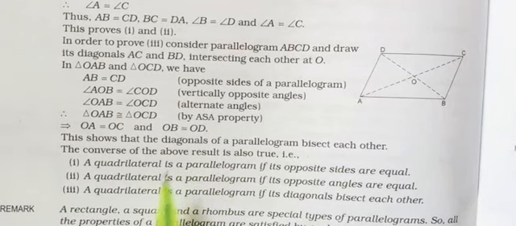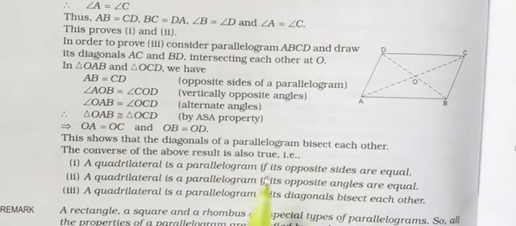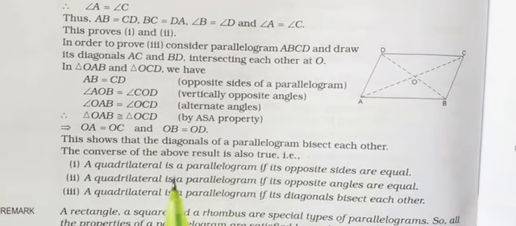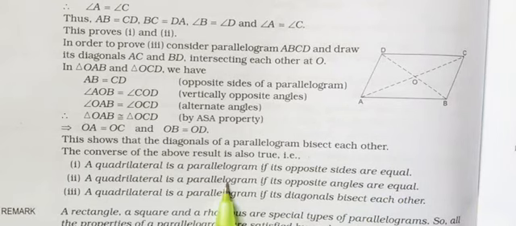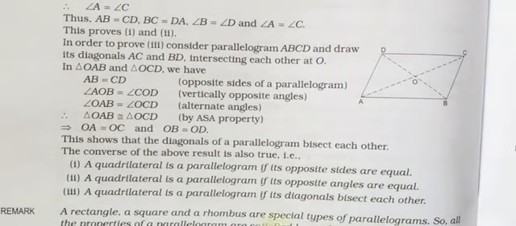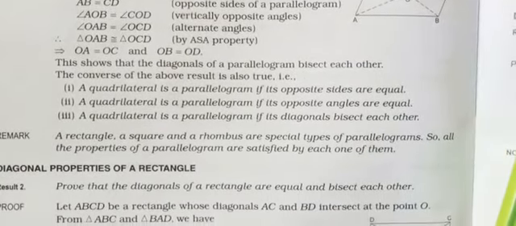This is the converse. In a quadrilateral, it is a parallelogram if the opposite angles are equal. Meaning if this happens, then it is a parallelogram. In the previous one, the parallelogram is given and we have to prove the angles are equal, and here the equal angles are given and we have to prove that it is a parallelogram. Similarly, if in a quadrilateral the diagonals bisect each other, it is a parallelogram. So these are the converse of the given